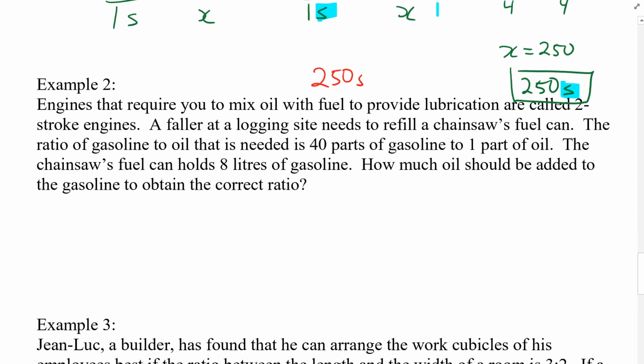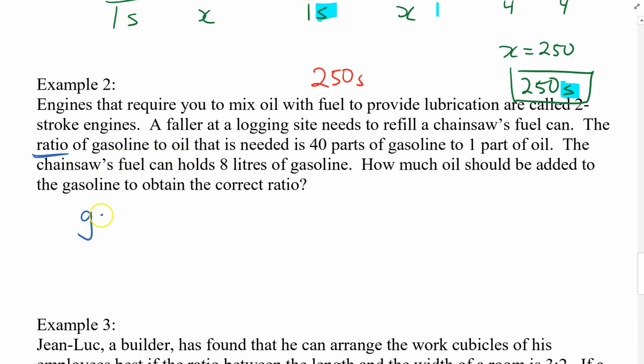Looking at example number 2, there are a lot of words here, so since you know this is going to be a ratio question, we've got to go through all this text and figure out where the ratio is. Okay. Engines that require you to mix oil with fuel to provide lubrication are called two-stroke engines. A faller at a logging site needs to refill a chainsaw's fuel can. The ratio of gasoline to oil